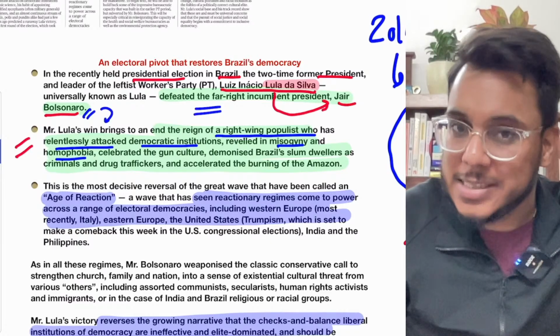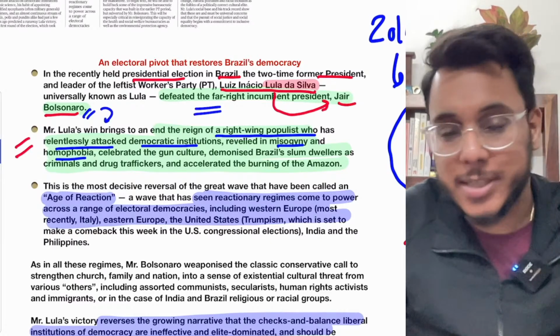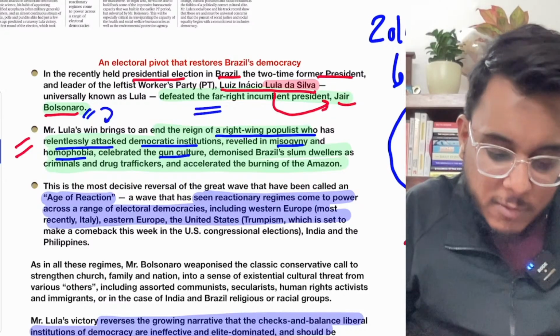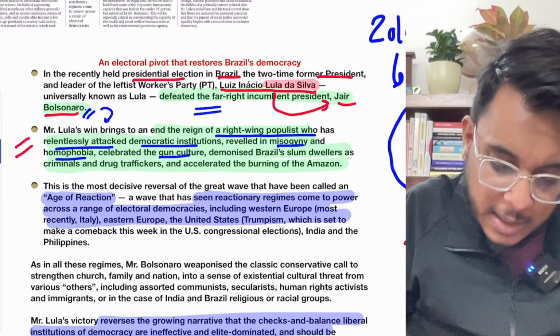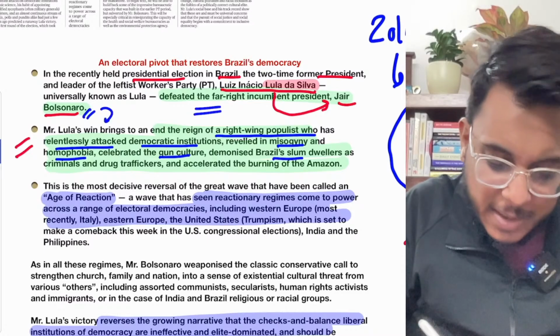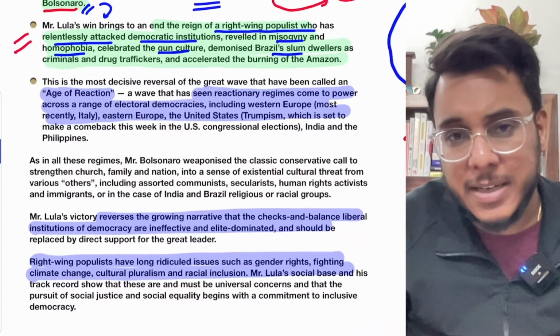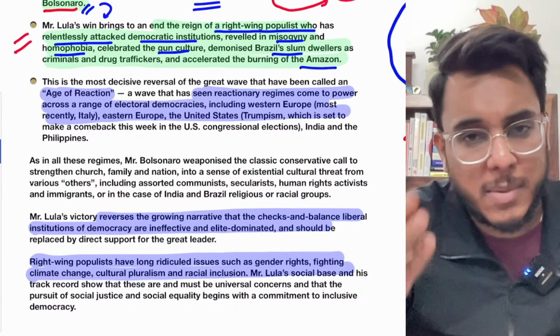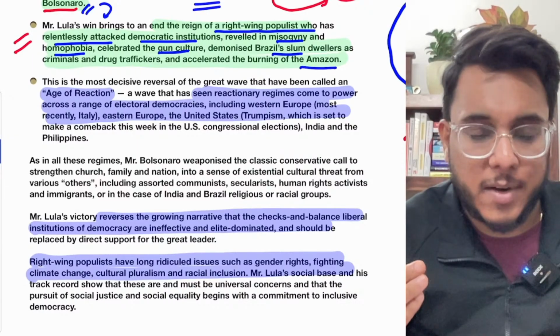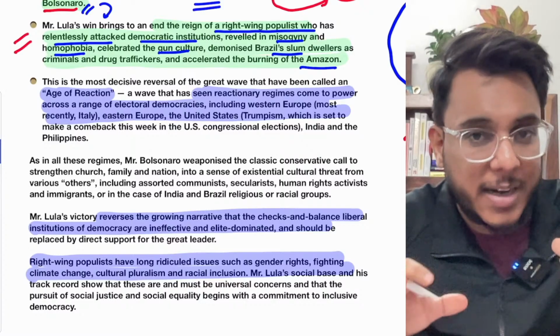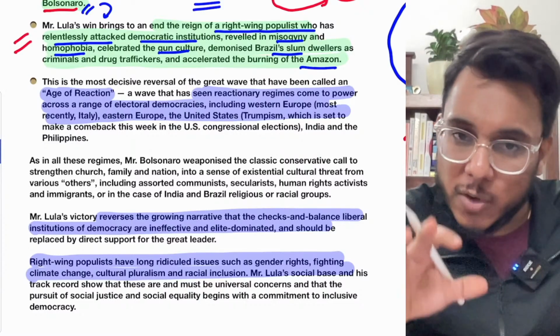homophobia is a kind of dislike towards homosexual people. Fine, gun culture was celebrated. Okay, the slum dwellers were criminalized, and all such kind of things were happening. Environmental conservation was not going on for the Amazon forest. No focus was given. So basically, the rightist trend that has led to so many issues,